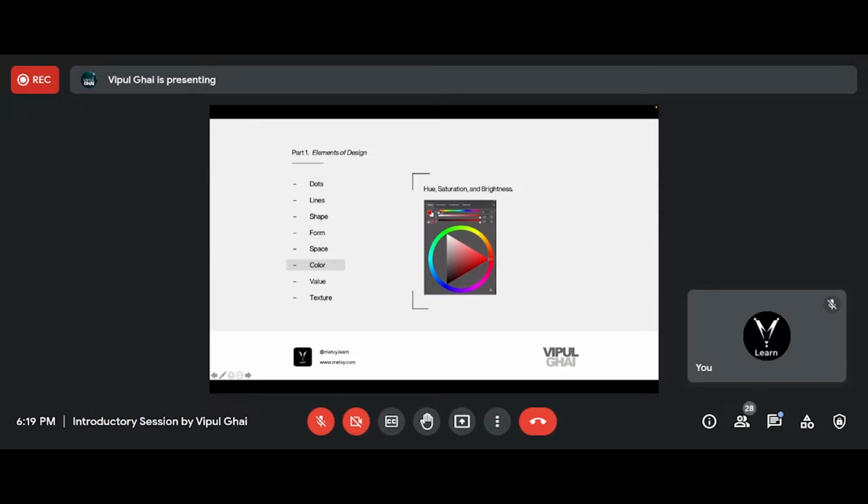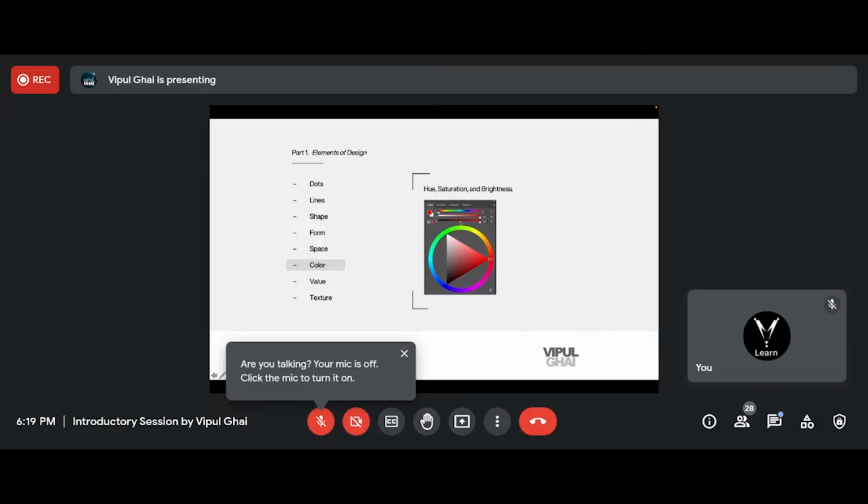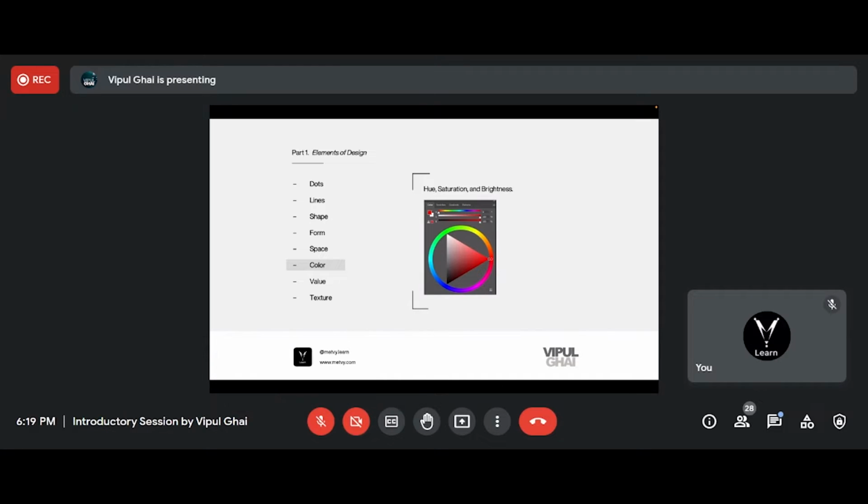In Photoshop it's represented by these three sliders. The first one is hue, the second one is saturation. As you see, it basically depicts the amount of red being added to white. If there is no color, it's basically white. If there are all the colors, it's red. Then there's also B. B is for brightness. Then it can either be fully bright or it can be fully dark. It basically starts here at 50% sometimes. So that's HSB, or hue, saturation, brightness.